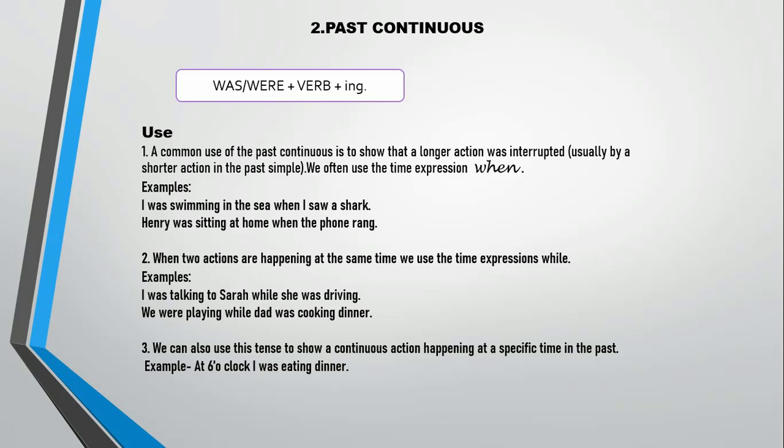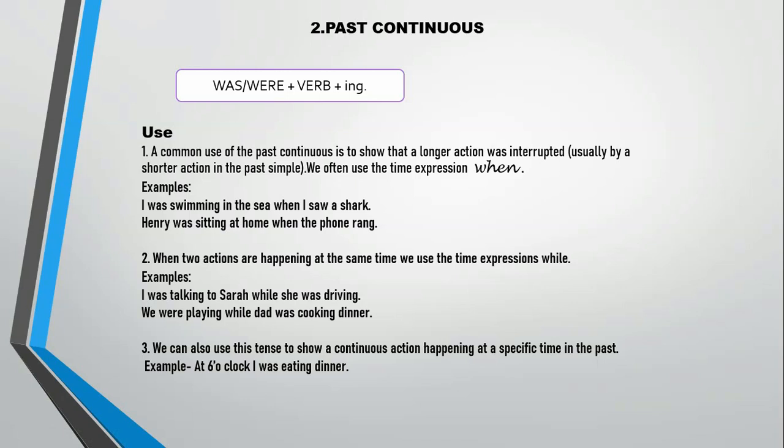So where is it applicable? It is applicable when the two tenses in the past are used together. For example, right now I've said past continuous along with simple past. I was swimming in the sea when I saw a shark, isn't it? So I was swimming indicates a longer action. When, as I told you, is always used with simple past. So when I saw a shark indicates a shorter action, wherein the longer action is being intervened by this shorter action of seeing.